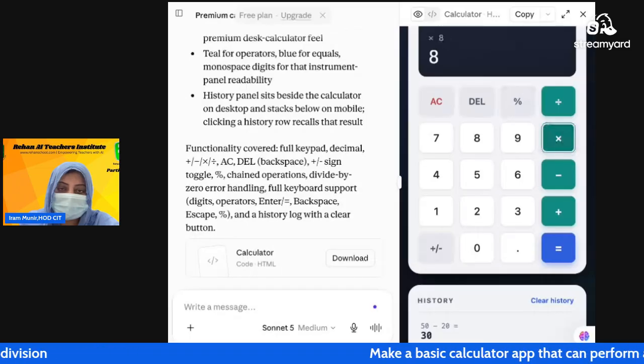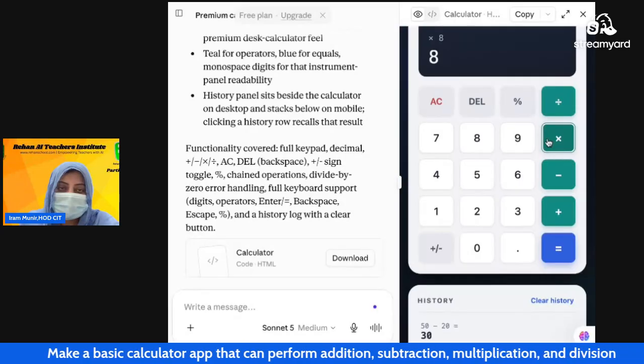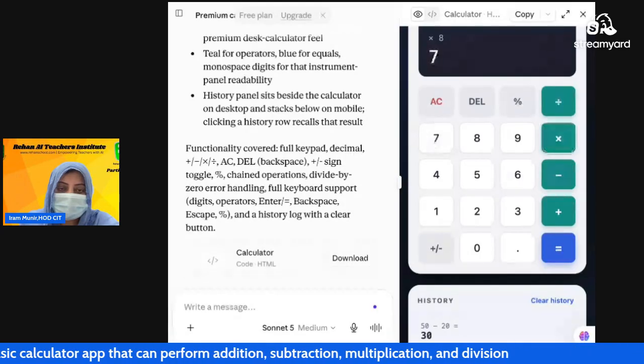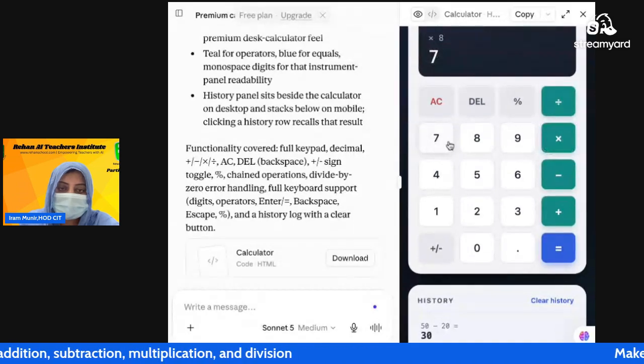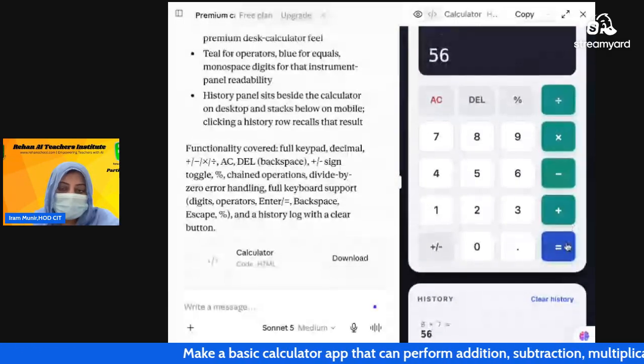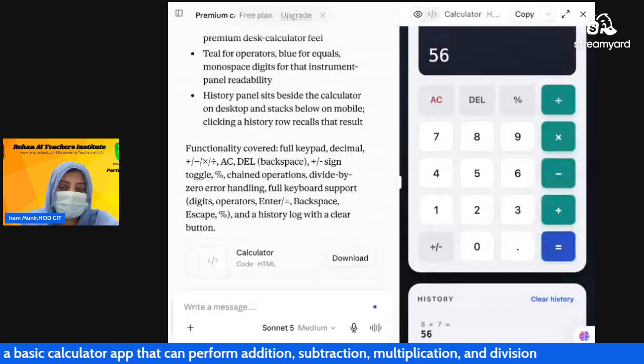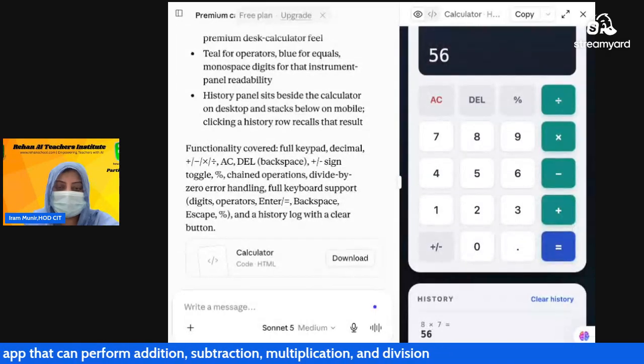Now I will multiply with 7. The result should be 56. Now we will move toward the is equal to button. Okay, great. You can see the calculator displays 56. So multiplication is also working properly.